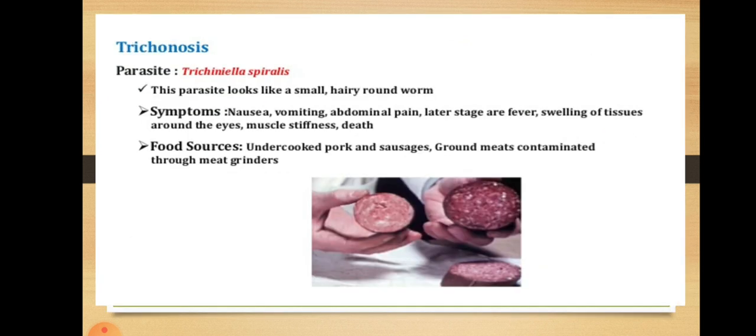The third type of parasite is Trichinella spiralis, causing trichinellosis. This parasite looks like a small hairy root worm. Symptoms are nausea, vomiting, abdominal pain. Later stages are fever, swelling of tissues around the eyes, muscle stiffness and death. Food sources are undercooked pork and sausages, ground meats